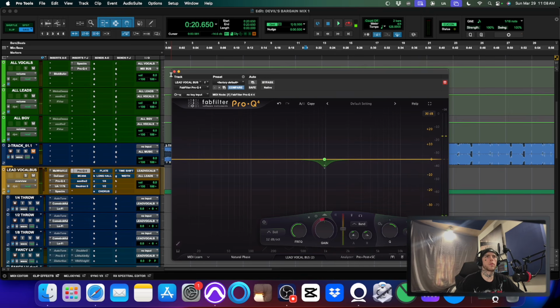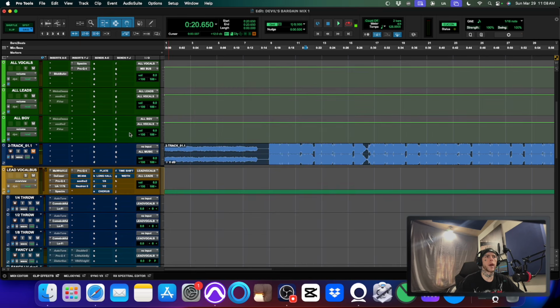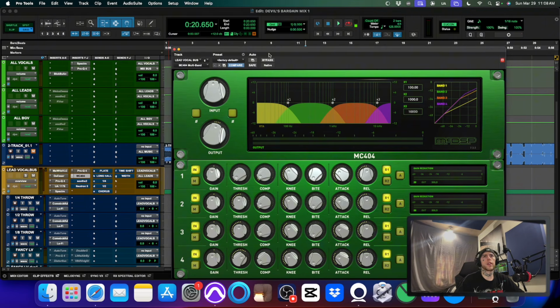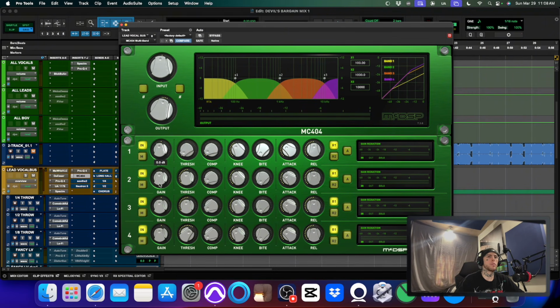So whatever that frequency was, we pulled it out. It's a little less like in the boxiness area. So now we're going to pull up some multi-band compression and get a control of these middle bands here and